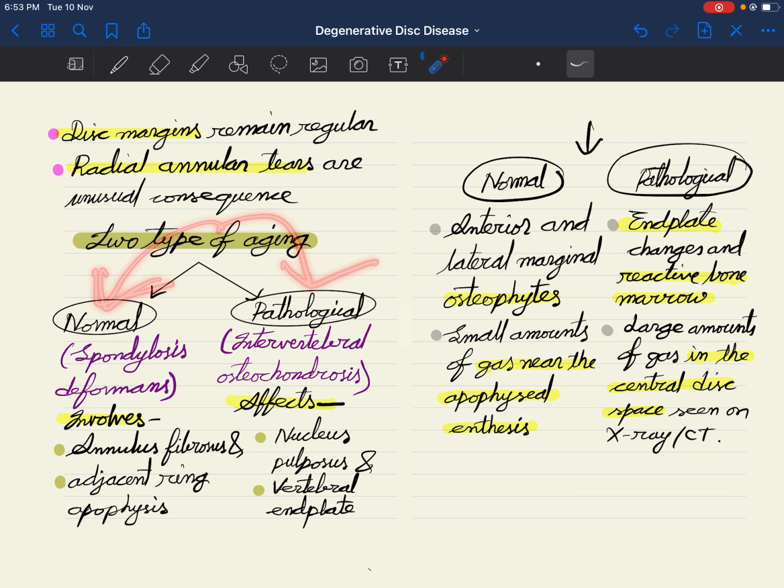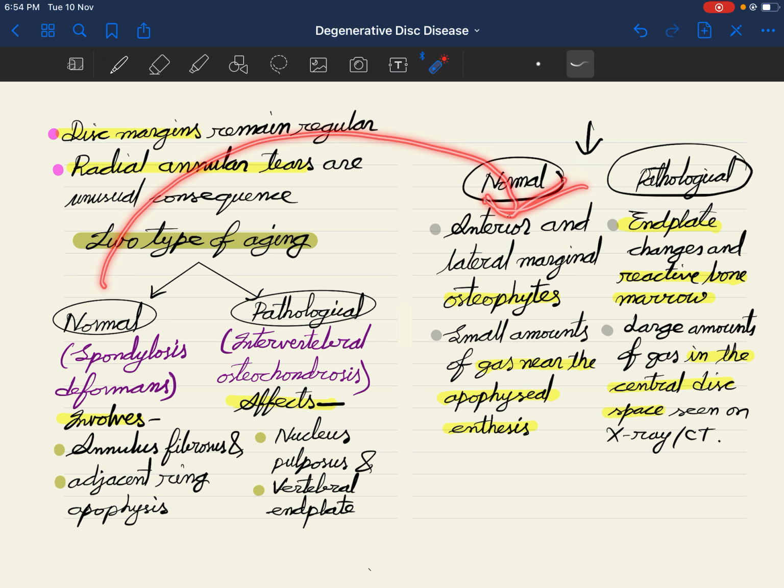Normal aging, also known as spondylosis deformans, involves the annulus fibrosus and adjacent ring apophysis. So the ring apophysis and its adjacent annulus fibrosus are involved in normal aging, but in abnormal aging the central part of the disc, that is the nucleus pulposus and vertebral end plate, is involved. So this involvement results in